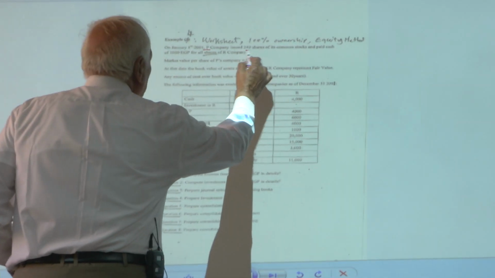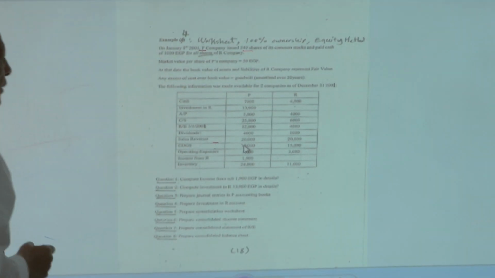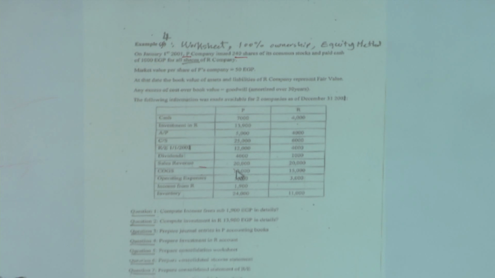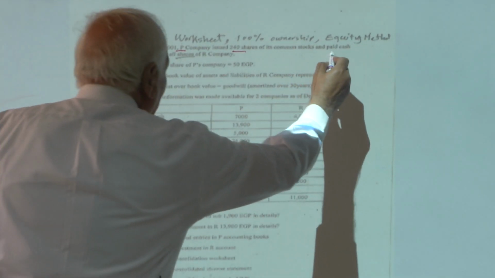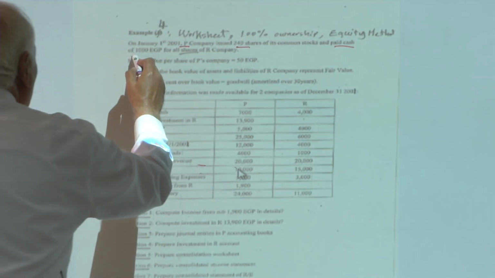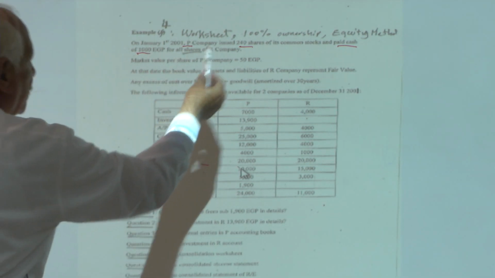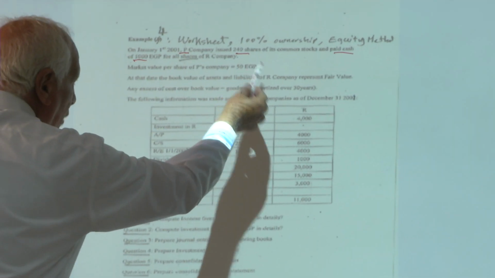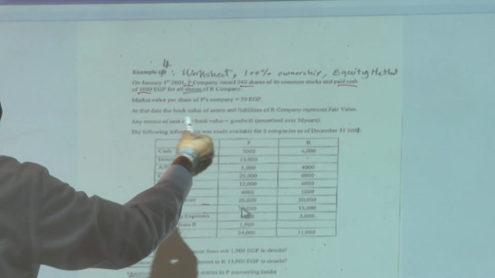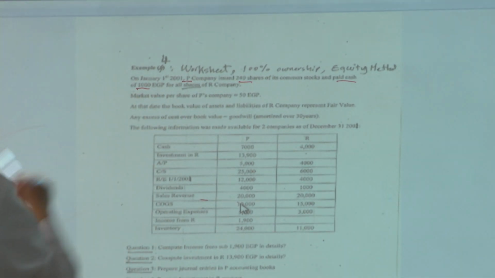How many shares? 240 shares of common stock, and paid cash of 1,000. That means company B issued 240 shares of common stock, and besides this, they paid 1,000 cash,